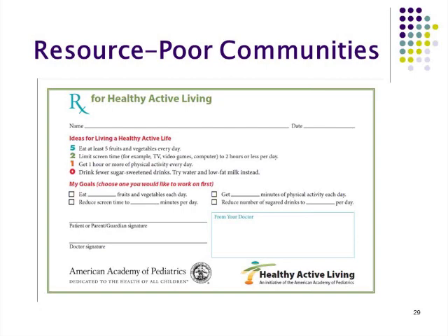And again, this is a way that when the patient comes in for a follow-up visit or when you see them next, you can say, based on our conversation and our goal setting from last time, how were you at eating 5 fruits and vegetables a day, or getting outside for 30 minutes? Do you think we could bump that up to an hour?